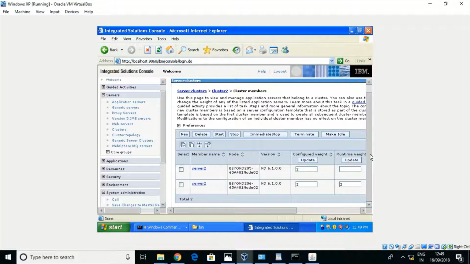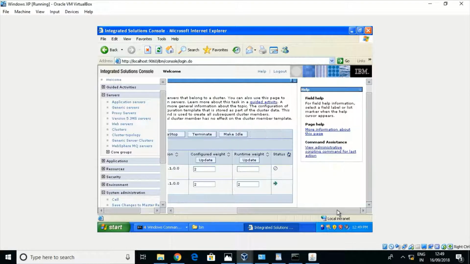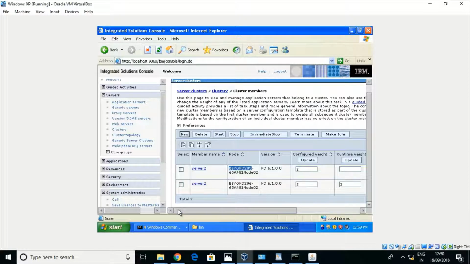And as I want to repeat, clusters are useful for high availability and load balancing. So whenever you want to deploy applications, you can deploy in this cluster. So suppose the application gets 10 requests or 15 requests, those requests will get divided and load balanced. And high availability means, say suppose this beyond 205 is not working. So as of now, yeah, beyond 205 is not working, but the application would stay healthy